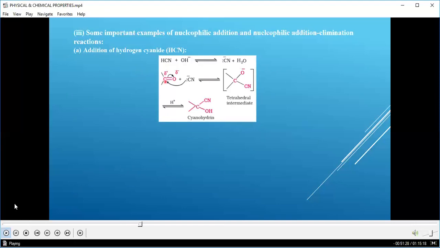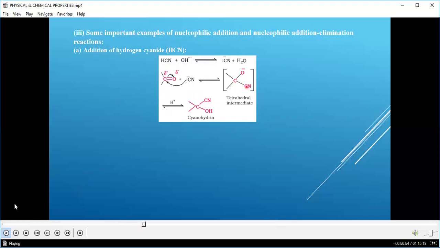You can see the pi bond between the carbon and oxygen atoms is attracted towards the oxygen atom. Hence a partial negative charge is created on the oxygen atom, whereas a partial positive charge is created on the carbon atom. So the nucleophile can easily attack the carbon atom and we obtain this tetrahedral intermediate,